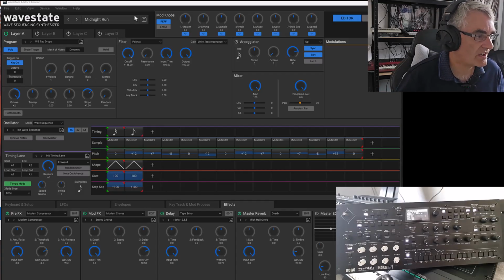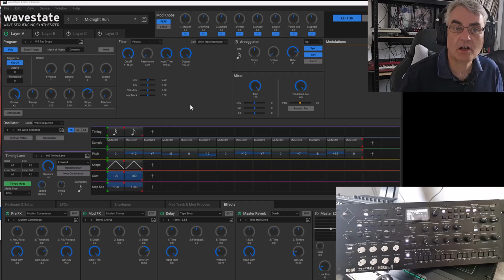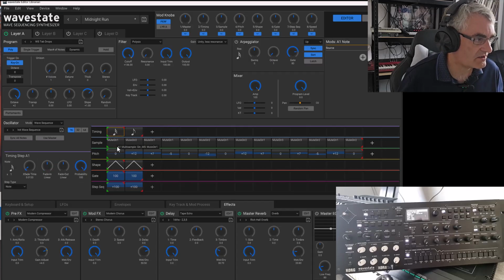So the first one I've got on here is one I recreated from the original Wavestate. So this is a pattern called Midnight Run. And I recreated this pattern by looking at the original Wavestation sequence on the plugin and copying that and recreating it on here. So what we've got here is a single 16 note with a very little crossfade on it,